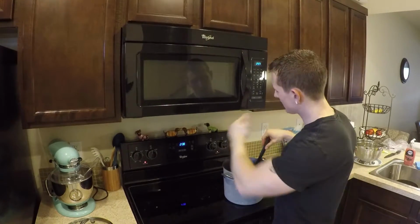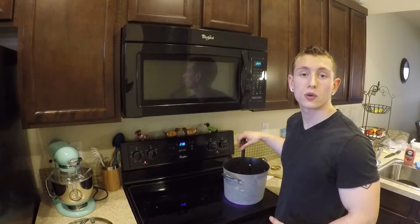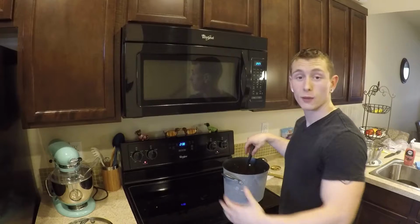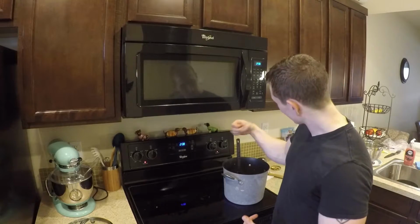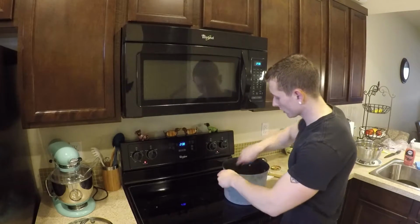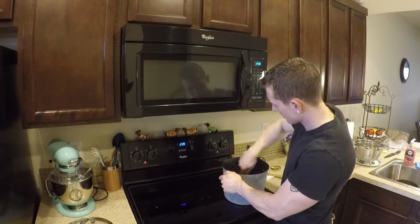So we have the heat down to low. We don't want to cook anything anymore. We just want that residual heat to come through that sauce and warm everything up together. And talk about a freaking forearm workout trying to stir all this meat and all this pasta sauce and noodles all at once. Getting a huge pump in the forearms. That's just a secondary plus though. We're gonna let this cook through just a little bit more, get all those flavors combined,